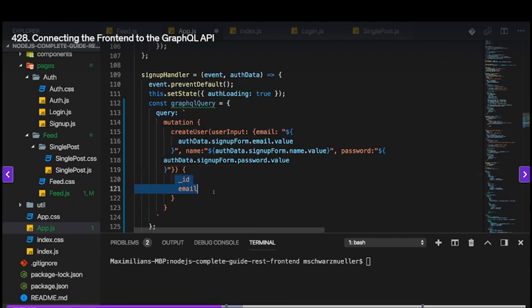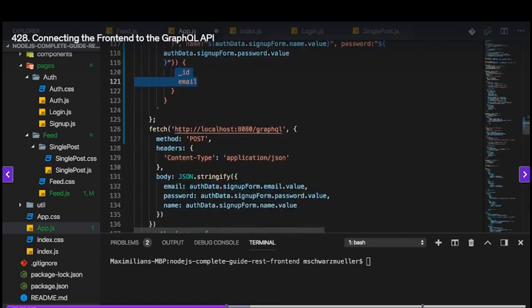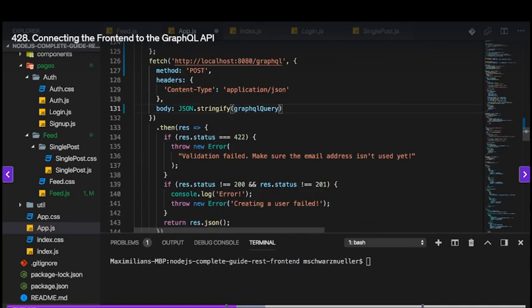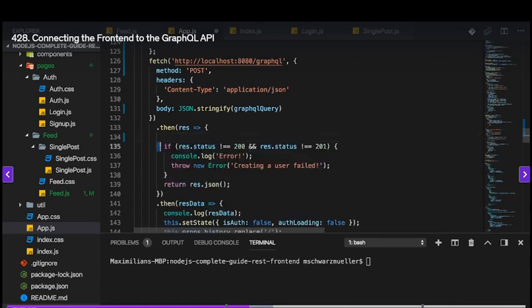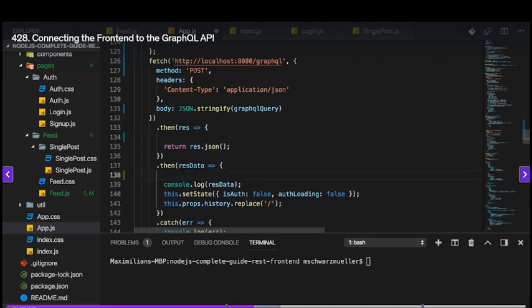Now here, I'm retrieving ID and email. It's up to you, we don't need any of the data. I'll leave it like this. And now, this is the object I want to stringify, so my GraphQL query object. Now I don't need to check the status code here because that will not be set. It's either 200 or 500. I'll cut it here and I'll remove that, and in the response data then block here where I have the